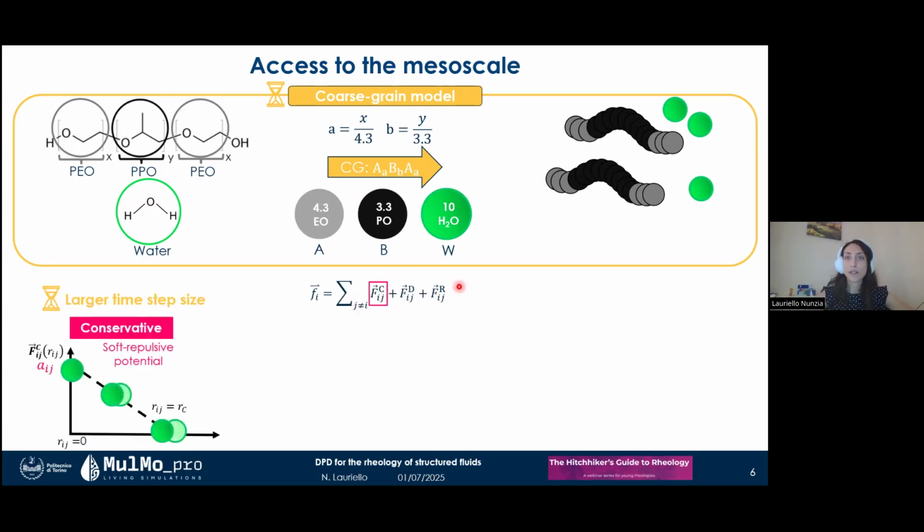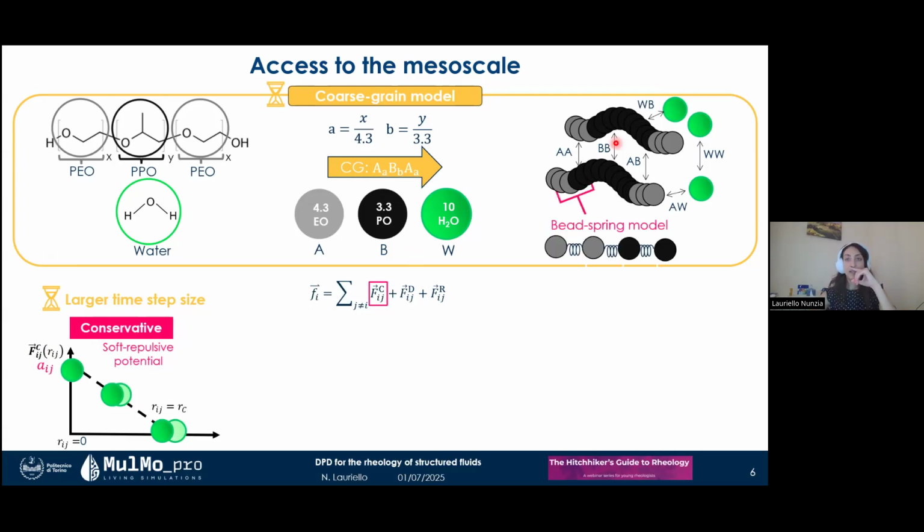The conservative force is a purely repulsive force and a soft force, so it allows bead compenetration as interparticle distance goes to 0. The repulsive parameters Aij quantify the maximum repulsion experienced by beads in the system. The soft nature of the repulsive parameters allows the employment of larger time-step size that speeds up the simulation. These parameters need to be defined for all the interactions in the system and describe different solubilities of the species